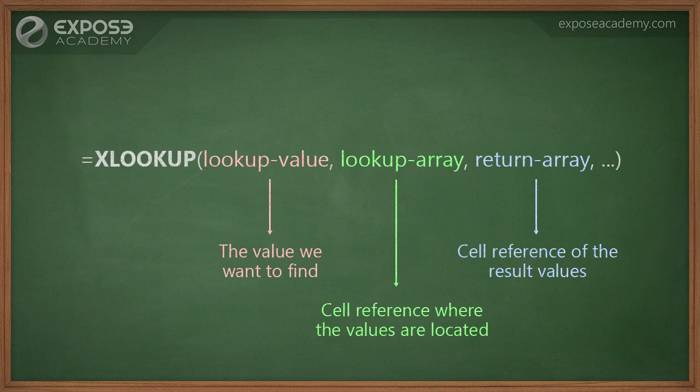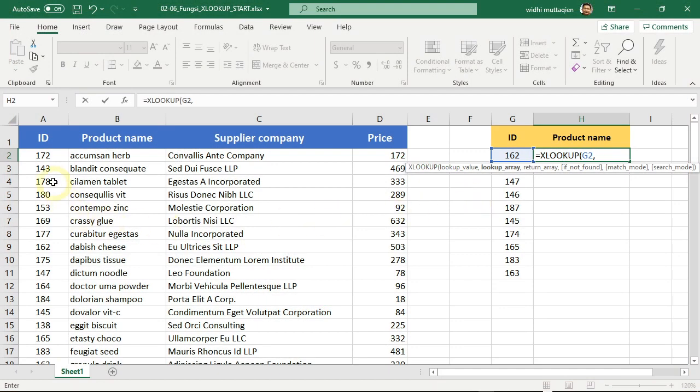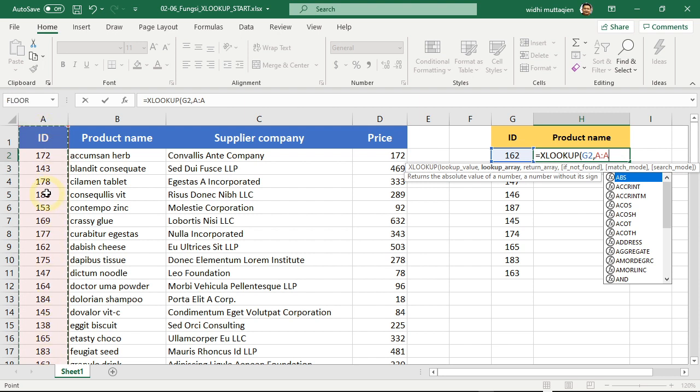Essentially, we have to enter a cell range code. We can just click and drag like this. However, that will not be a good idea if you have thousands of rows of data. It will take a very long time to use the click and drag method. Now, if you know that this column is only used for the product's ID, we can just click on the column's letter. The entire A column is now selected, and we can see how to write a cell reference for an entire column: write the column letter, then the colon symbol, then the same column letter again. After you are done, you can continue to input the next parameter by typing the comma again.